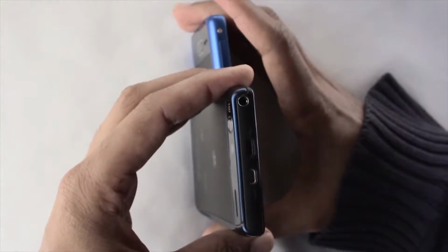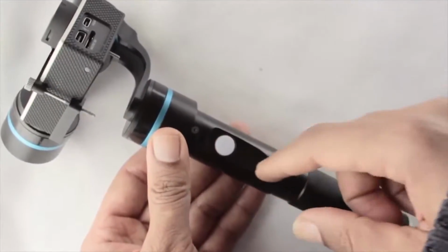Instead of on the top of the phone like the Droid Razr, 1, 2, 3. If you look at the other side of the keyboard,